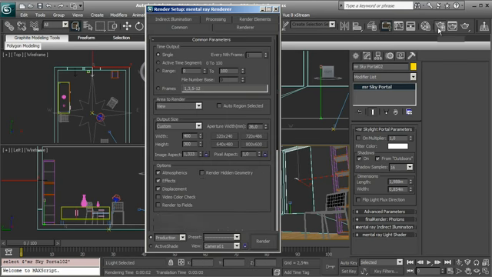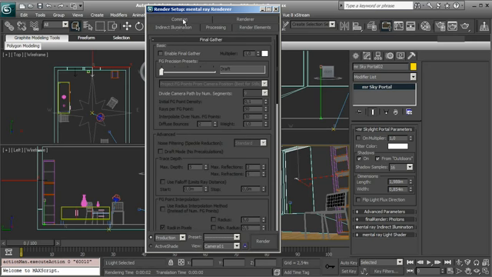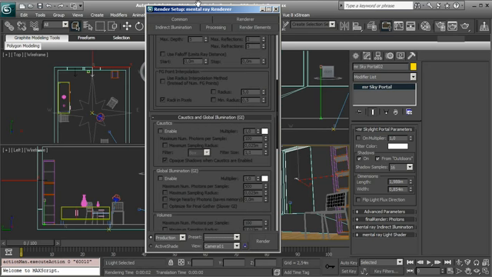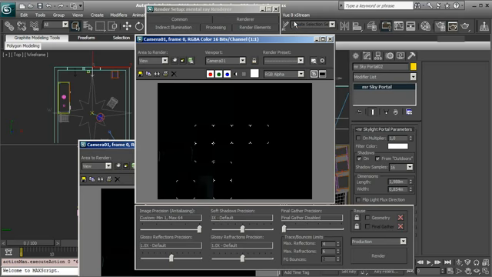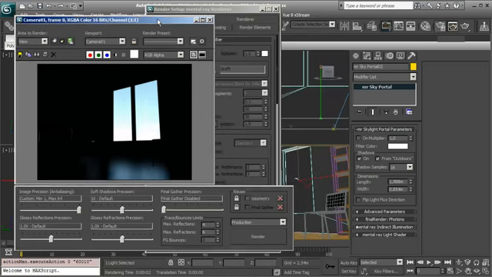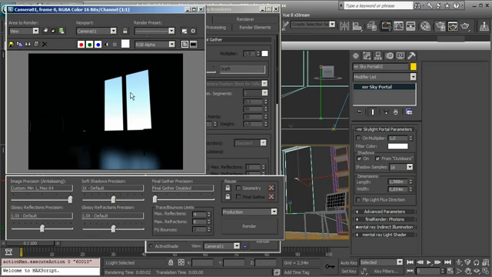Let's start rendering the scene using no final gather or GI illumination, so just the basic lighting, and you see we achieve a black environment because we see the sky environment out of the room, and we see the reflection over